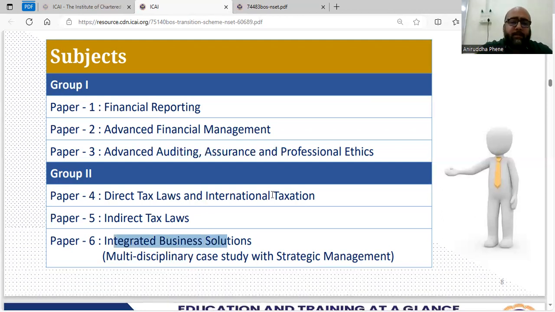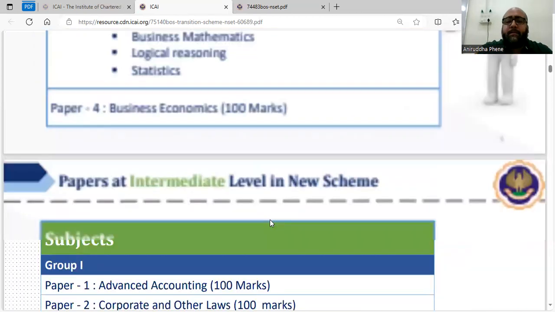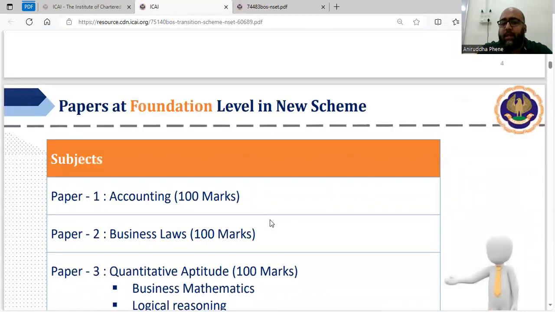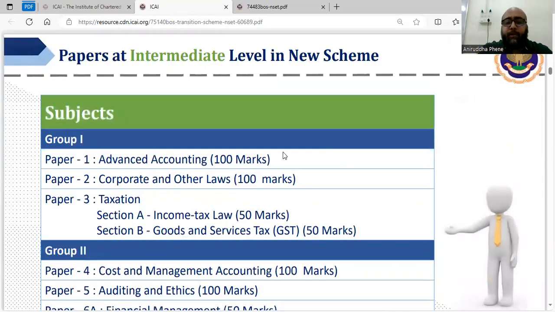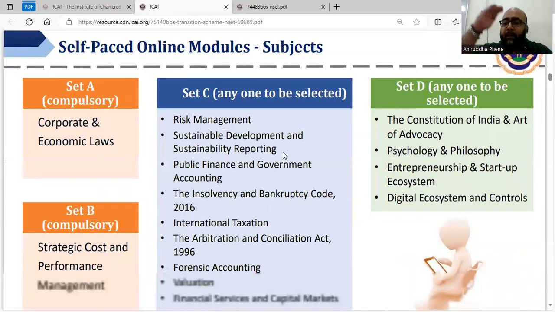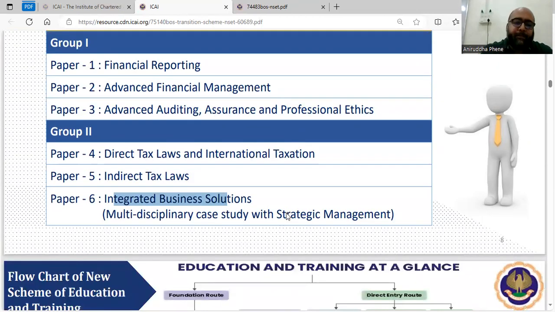So overall, a very beautiful course. I am just in love with it. And I think even students will like the course. Amazingly designed. So Institute has put a lot of effort in designing this course. They have taken into consideration all the stakeholders, especially the big corporates, while making this course to make it at par with the current trends and the requirements of the industry. And also, they have made this course a global course. So, a person who has cleared the CA exam will be ready to face the global challenges. He can work in any MNCs.